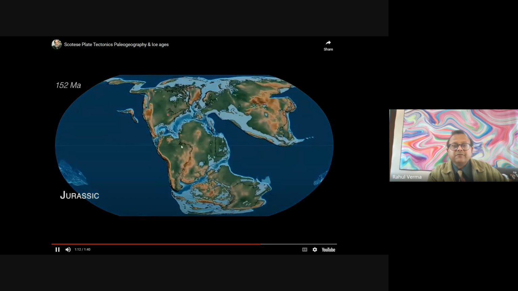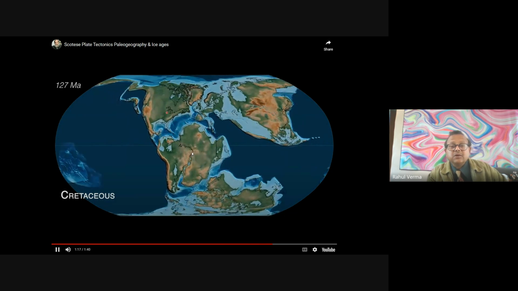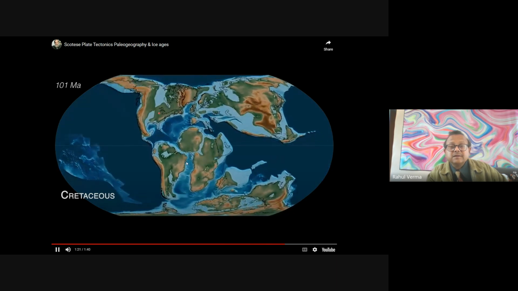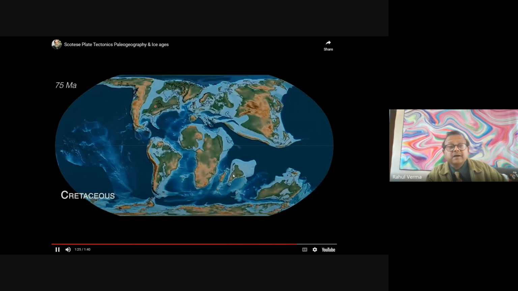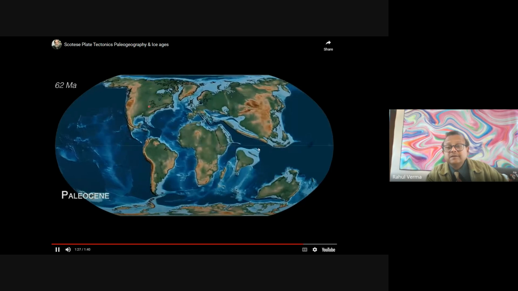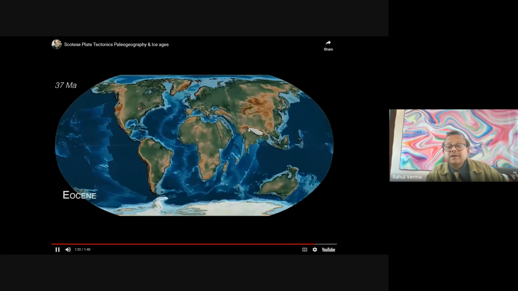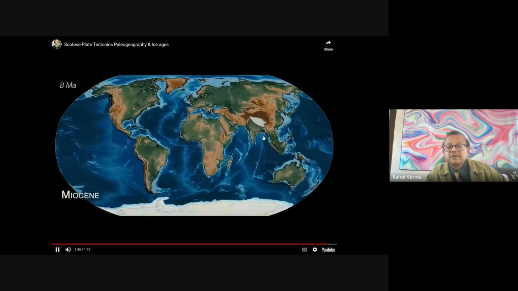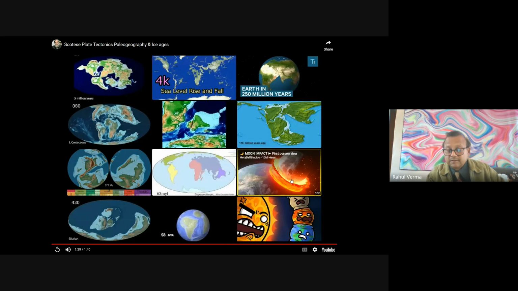Now you can see Africa and America are together here. Now you can see they are separating. We have the Atlantic Ocean. Now you see this is separated. And this is India, and this is the Pacific Ocean. India is going here and colliding with the Eurasian plate. And now we are getting the Himalaya here. You see, this is where we get the Himalaya.